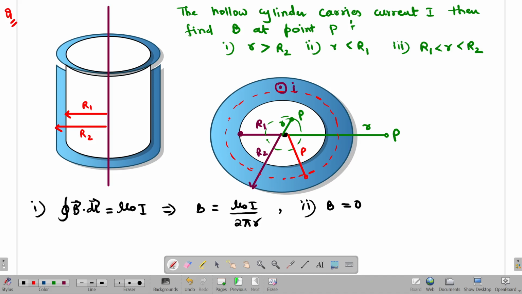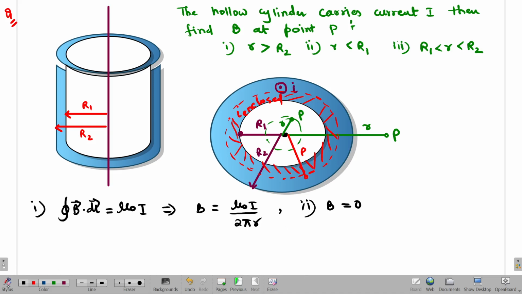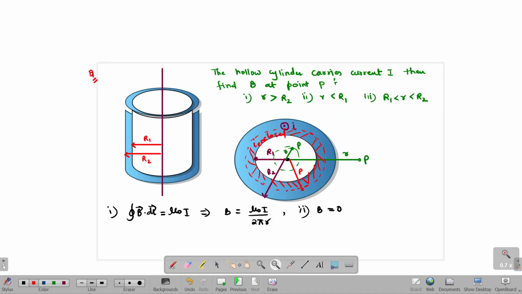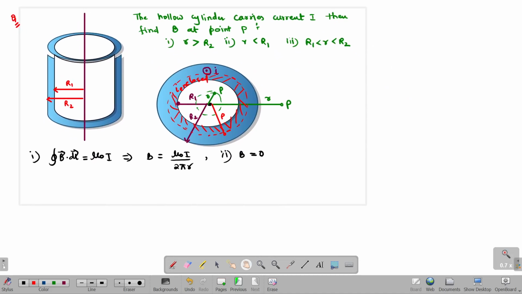So I have to find how much part of the current is enclosed within this region. Are you able to get me? This enclosed region is like this way only. This is my I enclosed region. When I consider the in-between point, so look over here. How to find it? Simple. I told you already, use the current density formulation.